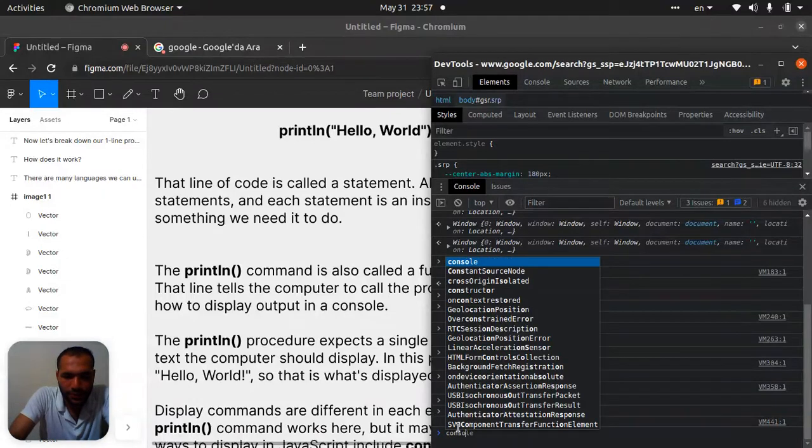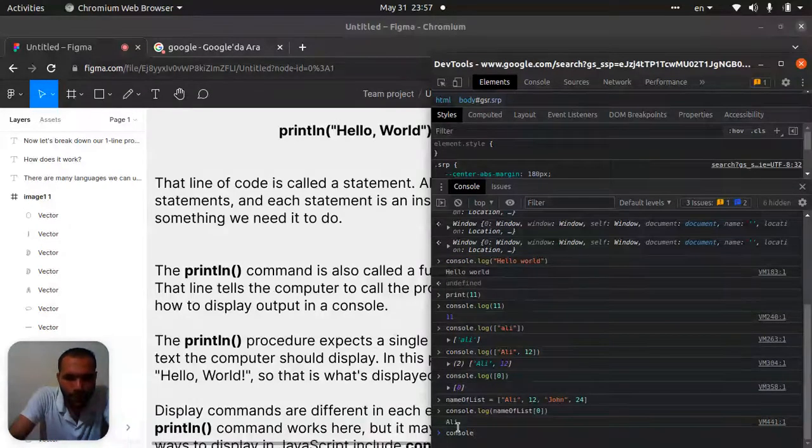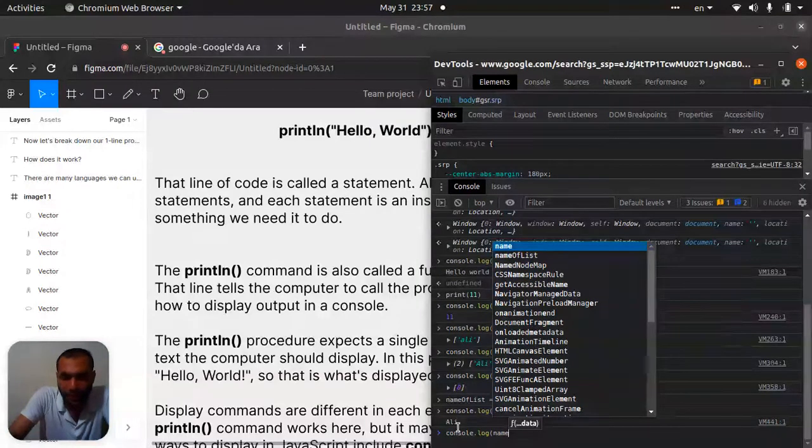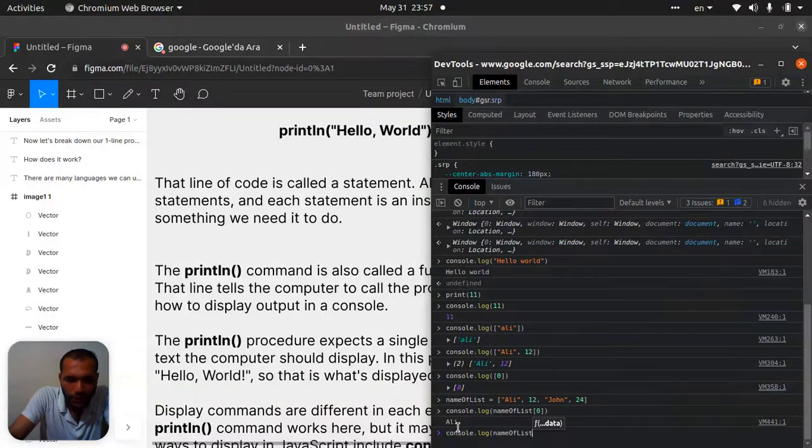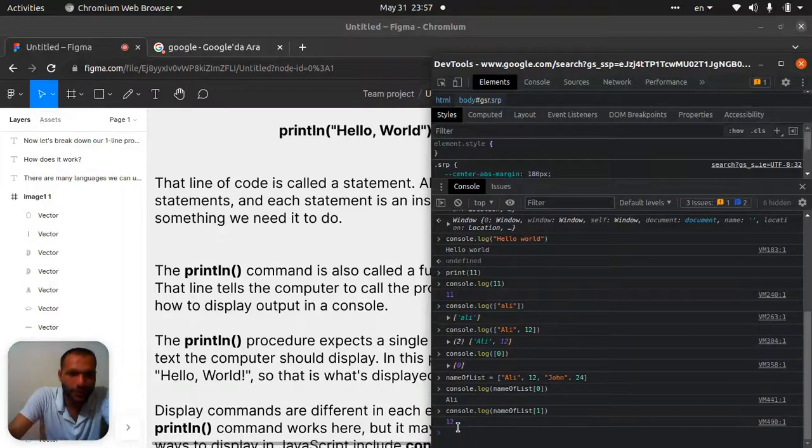Let's try another one. Console.log, the second one. Let's say name of list, and put 1 here if you want to show the second. Close it and close here. Now it shows us that.